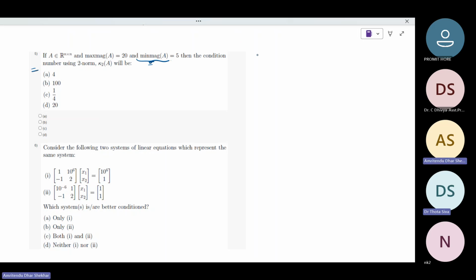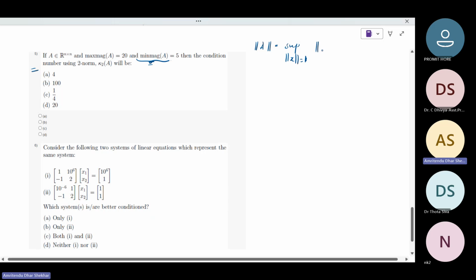Actually, I haven't watched the video till now, sir. Please explain the way you are explaining. Okay, okay. So the sup norm is defined in this way as sup of x belonging to the unit sphere of norm Ax, right? They're calling it the max magnitude. And similarly, there is this min magnitude, which is defined, and that's the infimum,